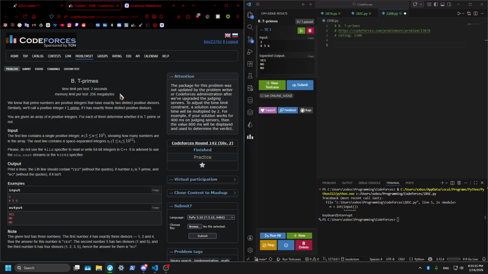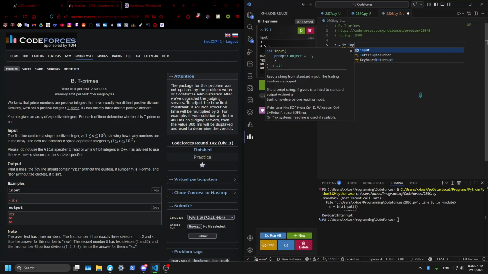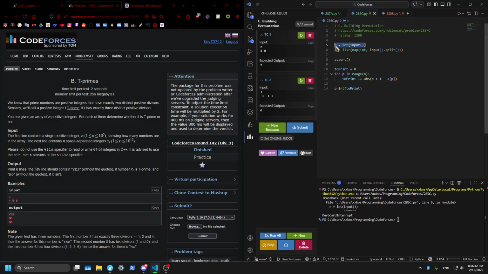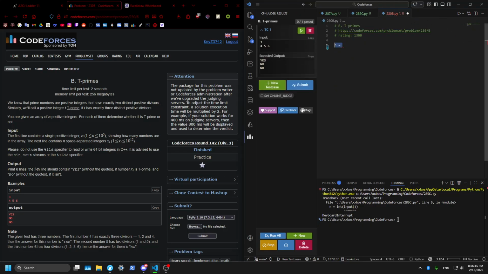For each of them, determine whether it's t prime or not. Okay. N equals int input. X equals